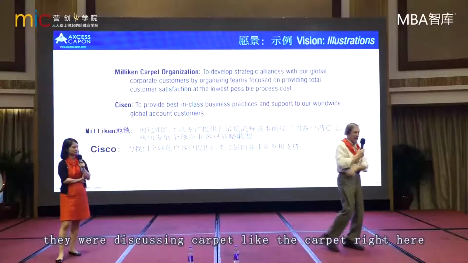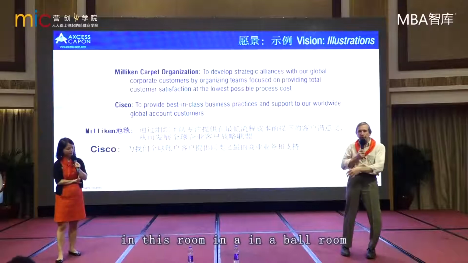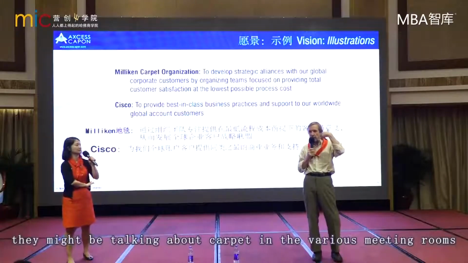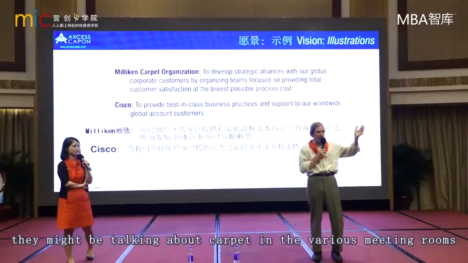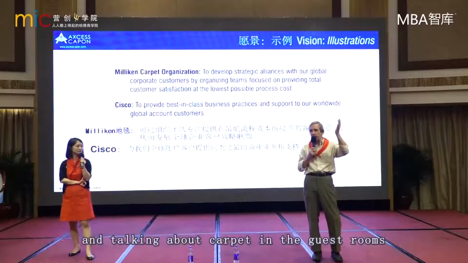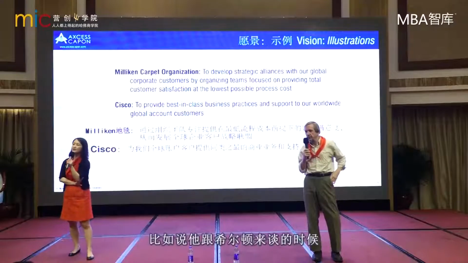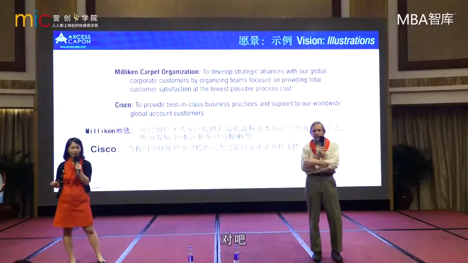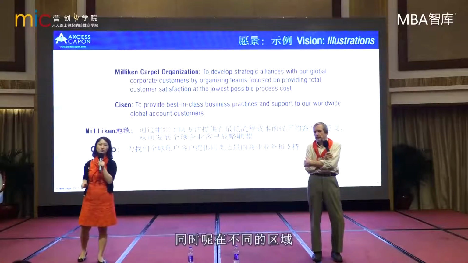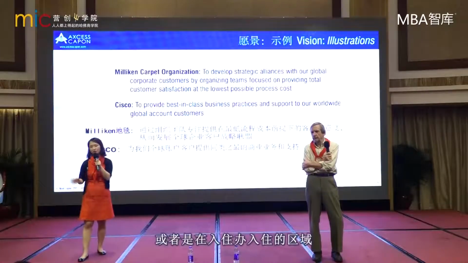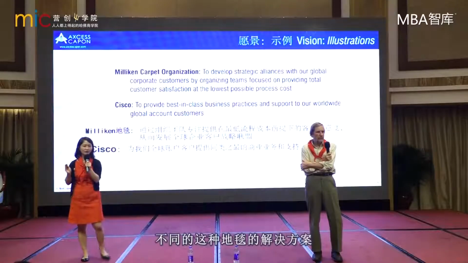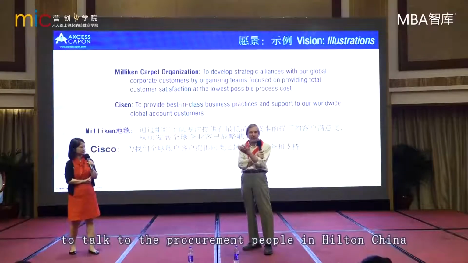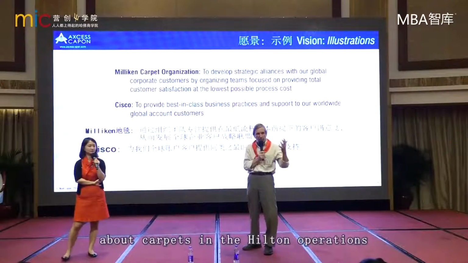And let's take Hilton, for example, or Marriott. They were discussing carpet like the carpet right here in this room, in a ballroom. They might be talking about carpet in the lobby areas. They might be talking about carpet in the various meeting rooms, and talking about carpet in the guest rooms. 比如说，他跟希尔顿来谈的时候，他肯定就要考虑到，第一，比如说像我们这样的会场里面，我们脚底下就是这样的地毯，对吧？我们提供这样的地毯给你们。同时呢，在不同的区域，比如说你在这个SPA 的区域啊，或者是在这个客房的区域啊，不同的这种地毯的解决方案。